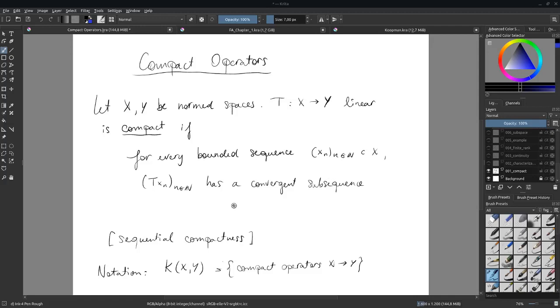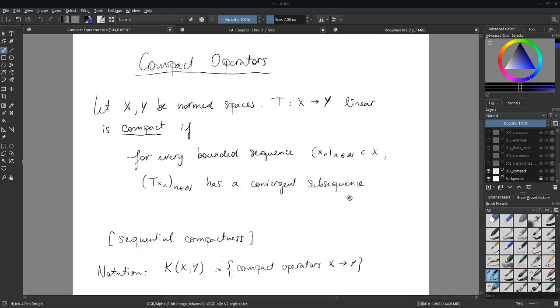Note that in general, if we're in an infinite dimensional space, xn being bounded does not necessarily have a convergent subsequence, but here we have the property that at least the image of xn under T must have a convergent subsequence. So this definition of compactness is what's known as sequential compactness. There are different ones, and specifically for compact operators, there's another way to define it, which is equivalent, and we'll see